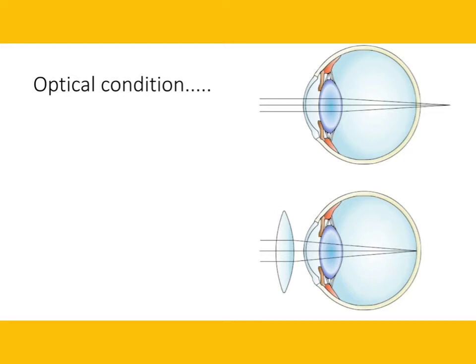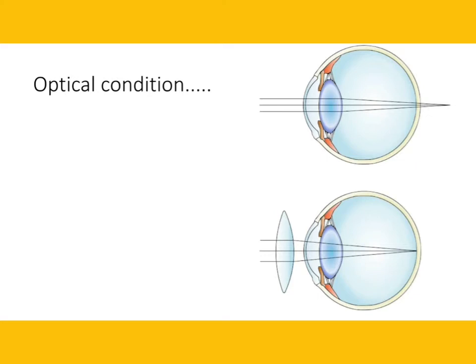Okay, and let's move to the curvature hypermetropia. Here suppose the corneal curvature is flatter than the normal. Okay, so the normal corneal curvature is 7.7 millimeter. Now if the corneal curvature is flatter than the normal, it will lead to less converging of the light rays, so it will lead to focusing of the light rays behind the retina. So remember this thing, that every 1 millimeter flattening of the corneal curvature will lead to 6 diopter of hypermetropia.